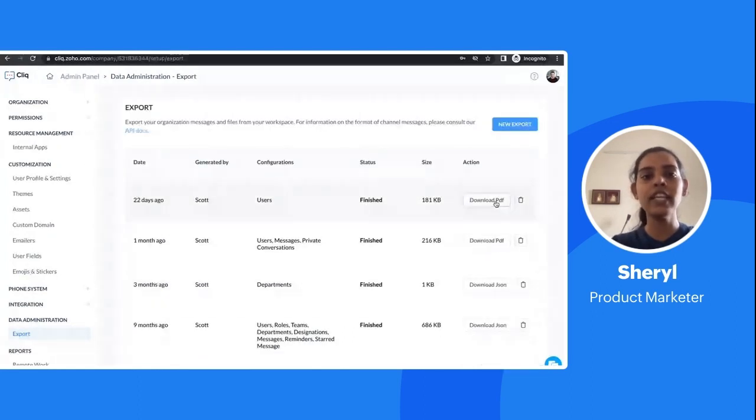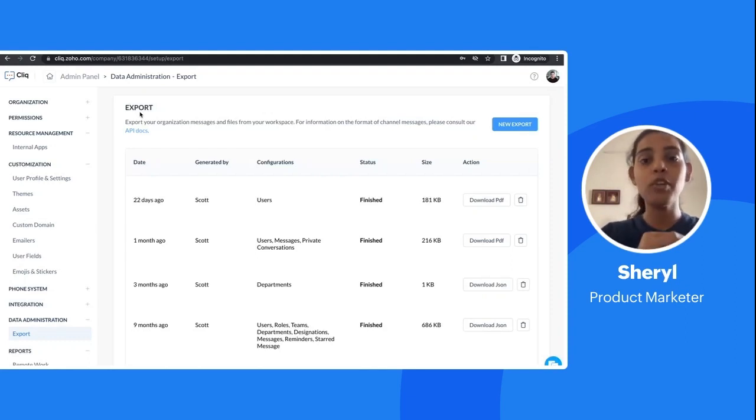So once that is ready, you can click on download PDF and download the particular file. So that's it about admin controls in Zoho Cliq 4.0, the features that we had introduced. Moving on, we'll discuss the platform updates, some new components and some new changes that we introduced in Zoho